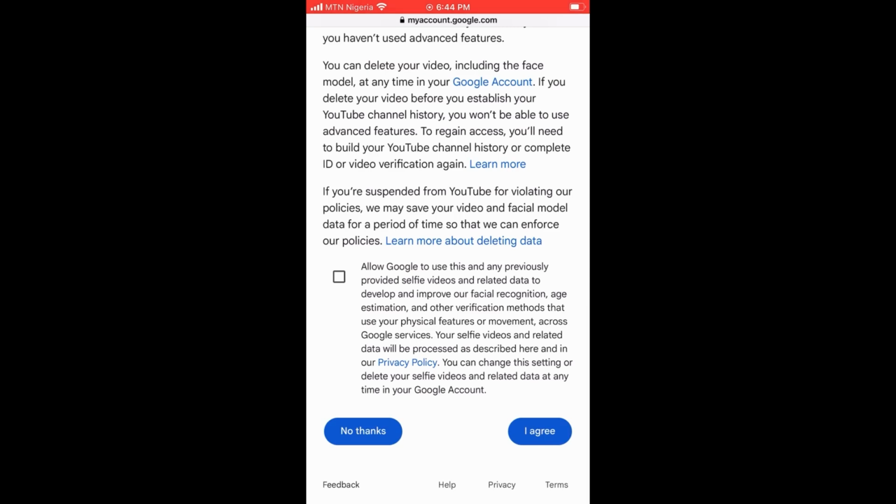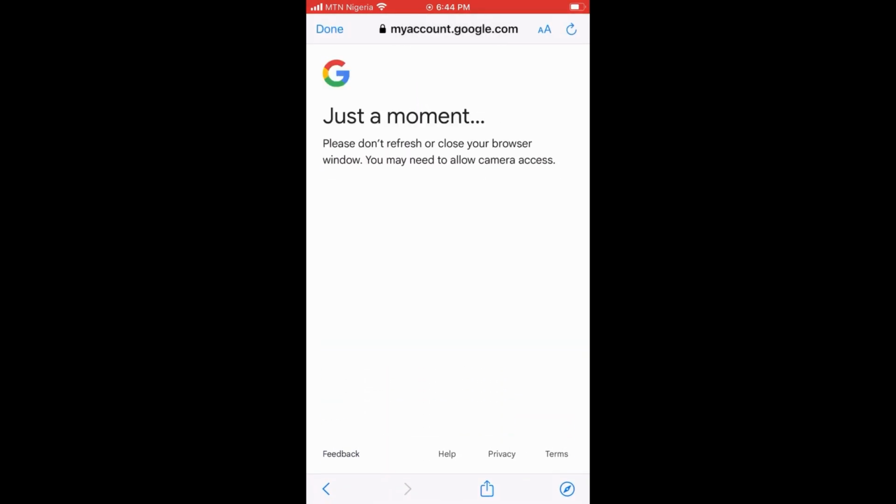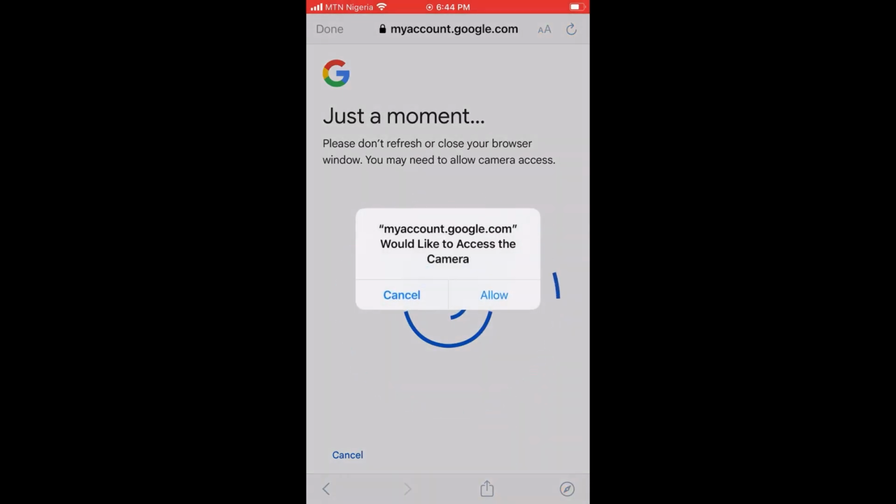So click on this arrow, click on that box, and then click I agree. Then take a selfie, just do what that video is trying to say. Basically, that's what you are going to do here. Click on next, just a moment, then click on allow, and then show your face,